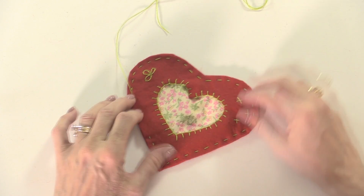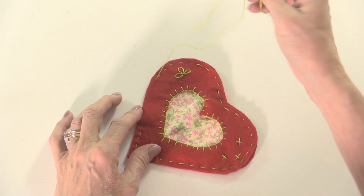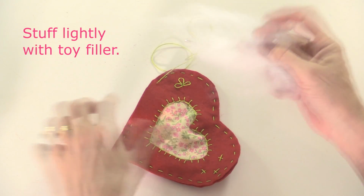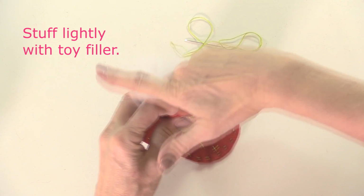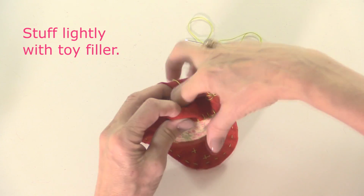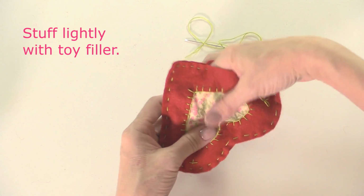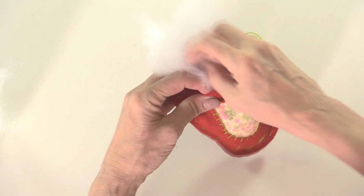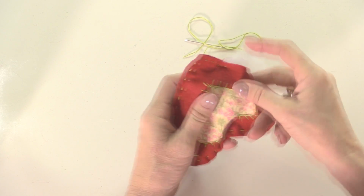So that's how we're looking at the moment. I'm not going to take my needle out of my work. I'm just going to open up the side here and put a little bit of my toy filler inside. And again, don't push this too tightly because you'll distort the shape of the heart. You won't get such a nice effect. So just in small amounts, we'll push this inside into the point,